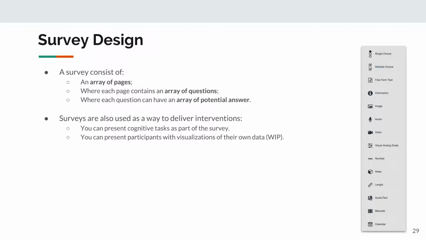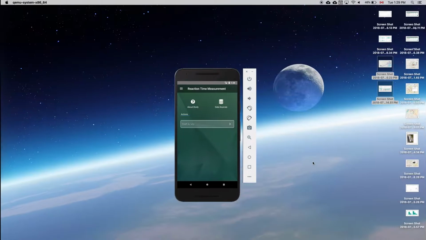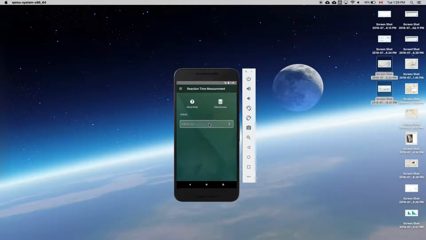You can write that task specifically, whatever that is that you have in mind. Say it's a psychological game that they have to play a few times a day or on regular interval, and you can include that as part of your survey. I have, for example, this is an example of a go/no-go task that measures participant reaction time that's embedded in